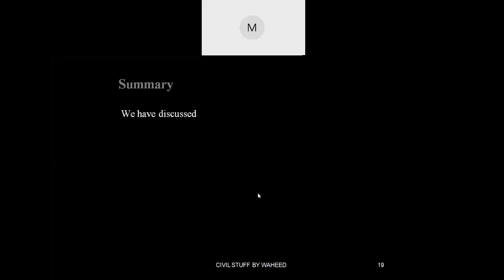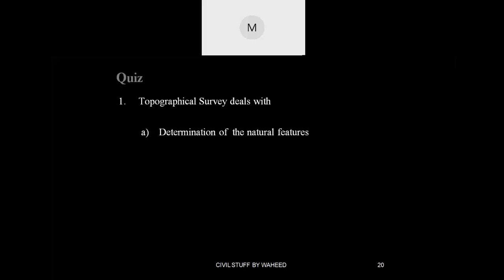Okay, so this is all about today's class. We have discussed the classification of surveying based upon the nature of the field of survey and the object of survey. Okay, now here the topographical survey deals with